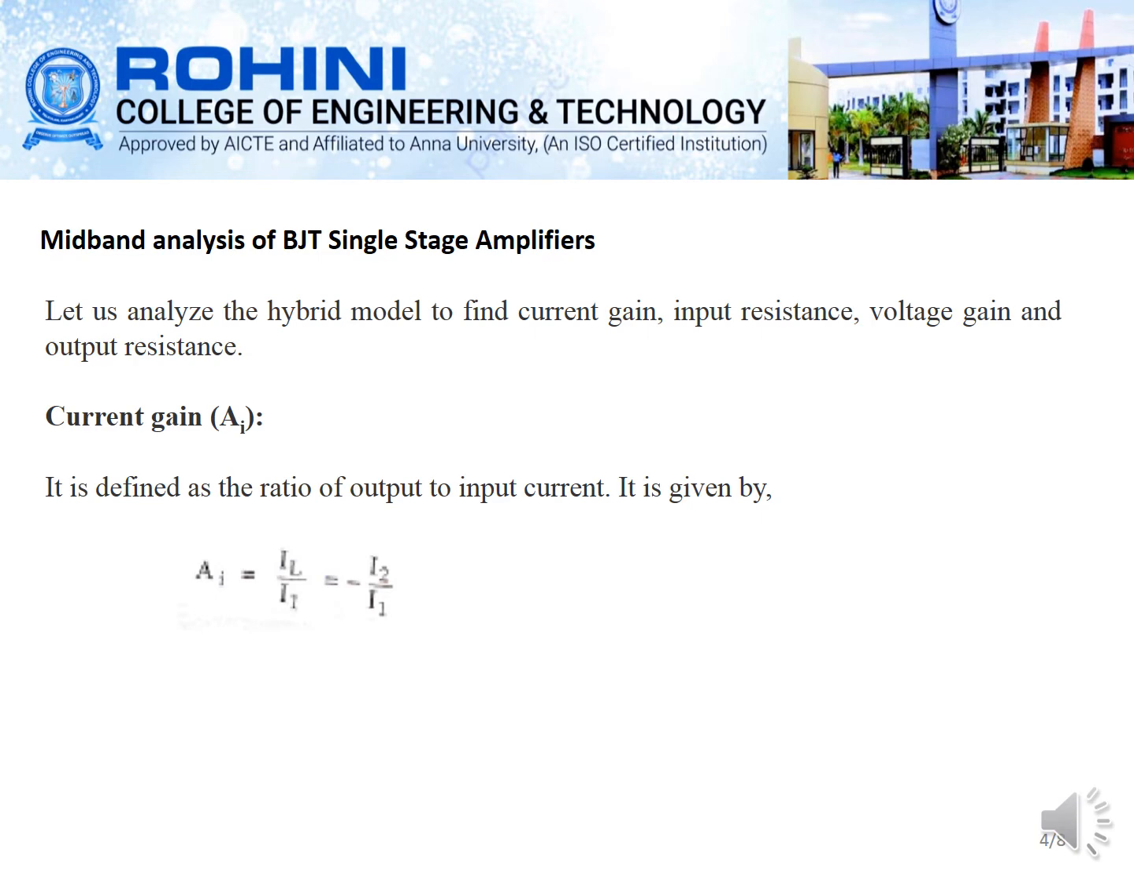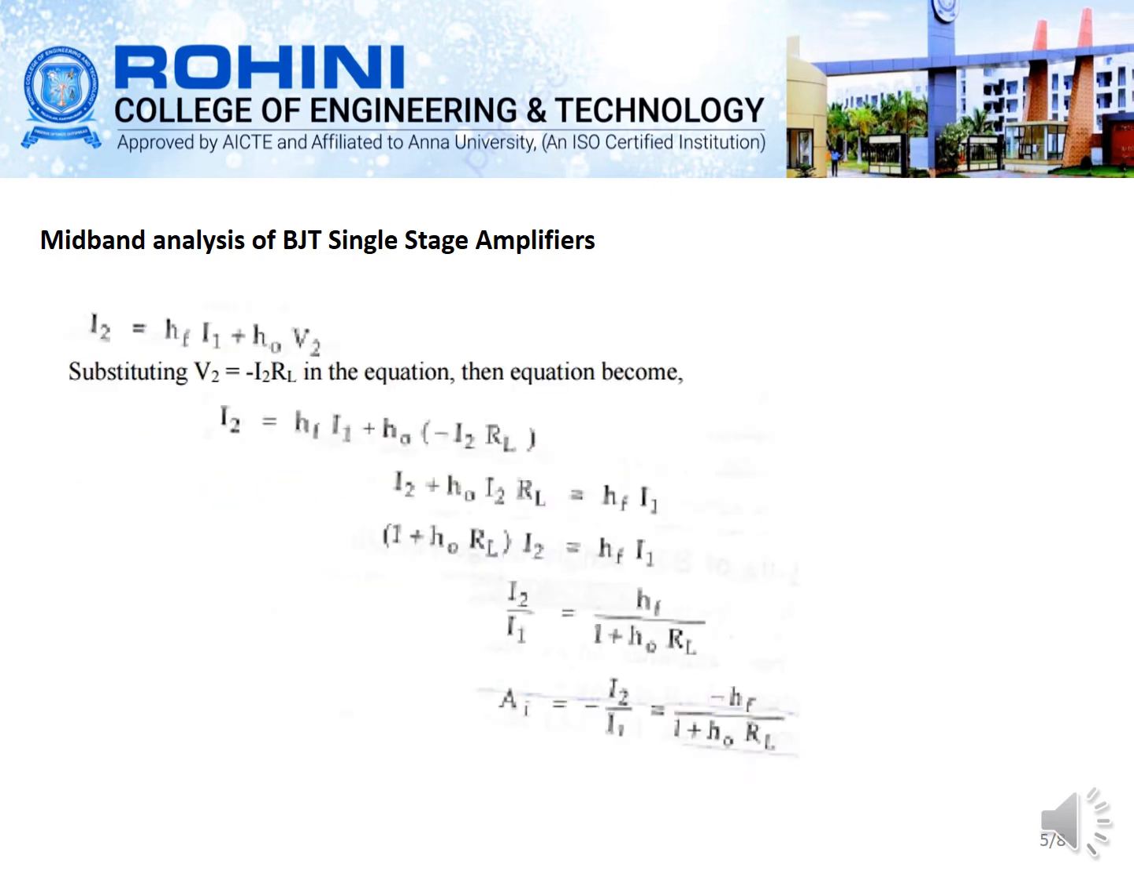We know that the current gain is nothing but the ratio of the output current divided by the input current. So we can write the equation as AI, the current gain, is equal to the load current, which is the output current IL, divided by I1, which is I2 divided by I1. From the hybrid model, we can write I2 is equal to HF into I1 plus H0 into V2, and substituting V2 is equal to minus I2 into RL in the above equation,